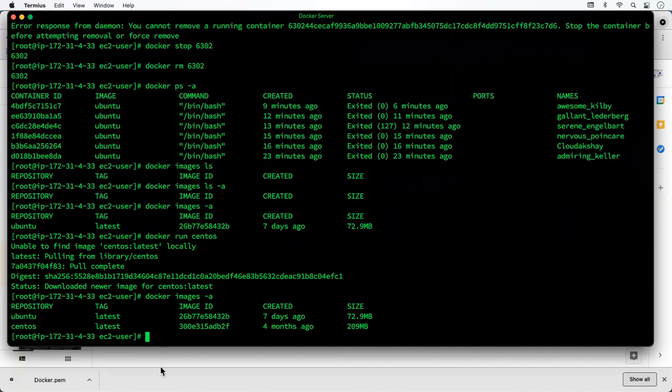The next time we create a CentOS container, it will not connect to Docker Hub. It will create the container from the local image. Only the first time it pulls from Docker Hub, saves it locally, and then makes a container from the local image.